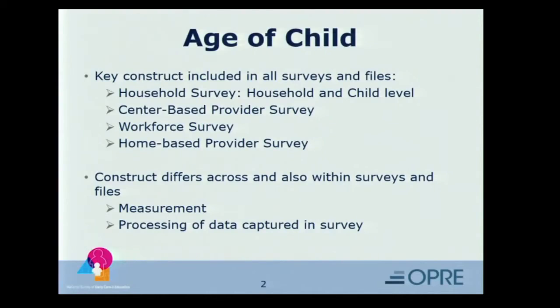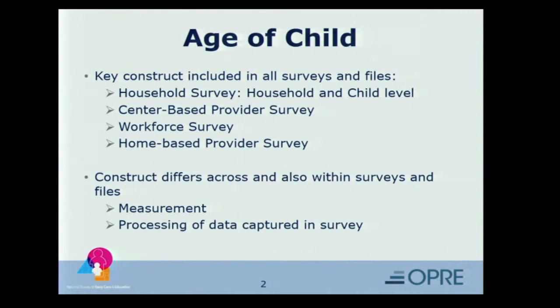So I will discuss how age of child was measured in the NSECE. Age of child is a key construct in the NSECE. It was included in all files, and it was reported in all surveys. It is important to understand age of child because the meaning of certain constructs may vary depending on the age